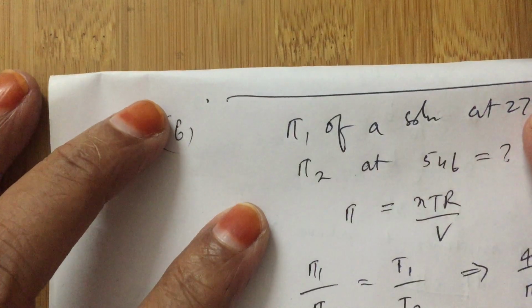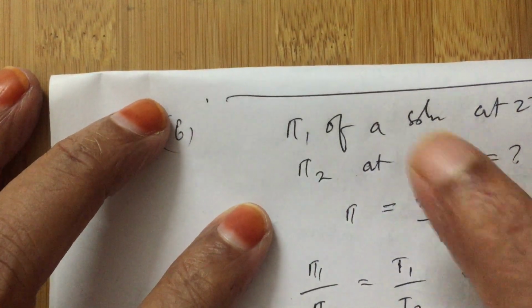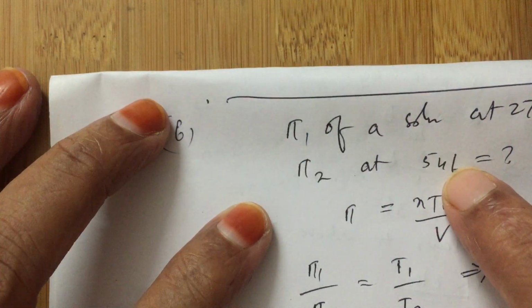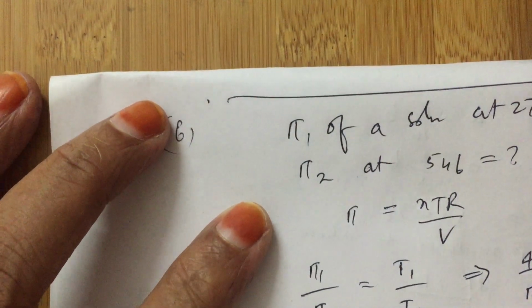Without solving, simply if you are doubling the temperature, the osmotic pressure also gets doubled. By doubling the temperature in Kelvin scale, the 4 atmosphere will become 8 atmosphere. As simple as that. It will not be particularly difficult if you are peaceful.